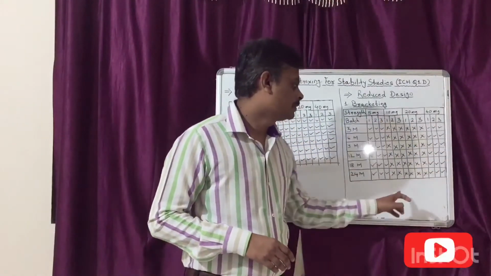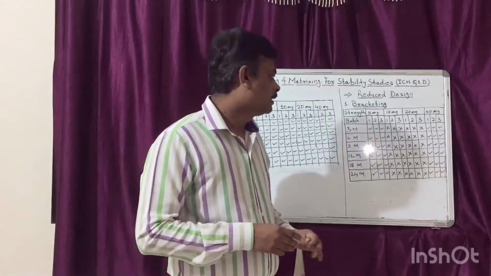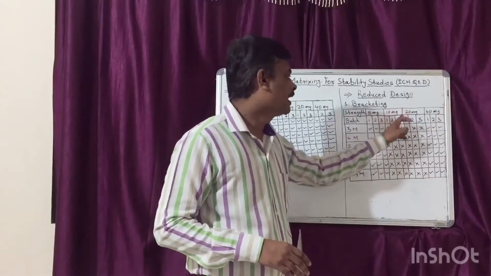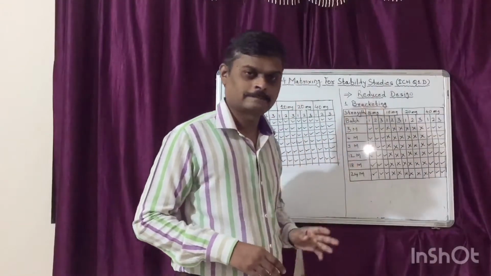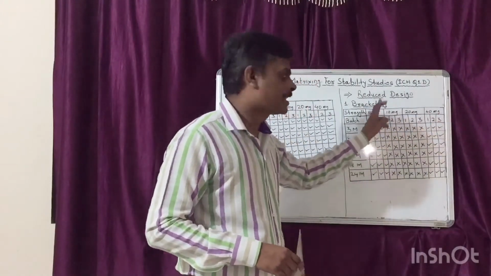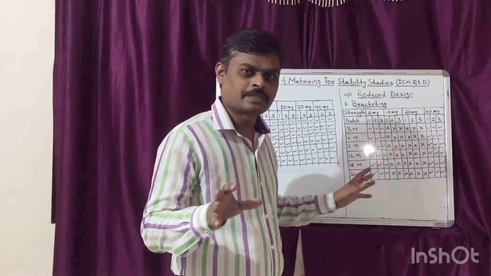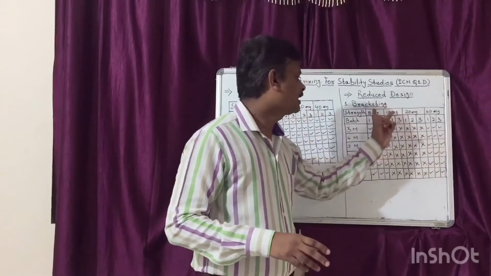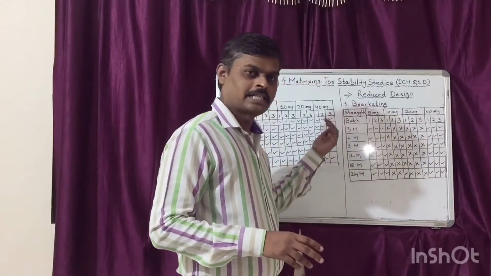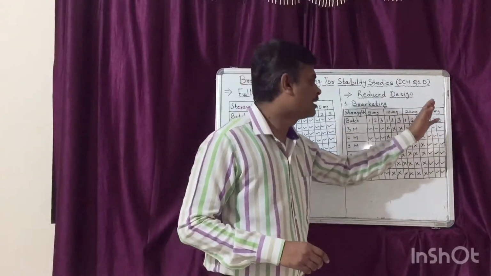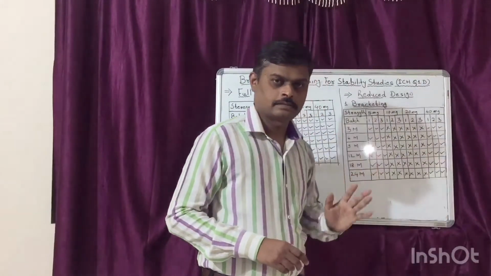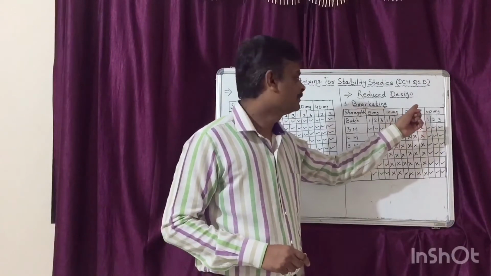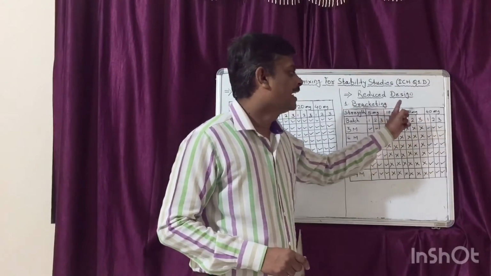Let us take one example. X product having 4 different strengths, 5 mg, 10 mg, 20 mg and 40 mg. Among these 4 strengths, which are the extremes of design factor? 5 mg and 40 mg are the extremes. 5 mg is extreme at lower side and 40 mg is extreme at higher side. Whereas 10 mg and 20 mg is called an intermediate level.